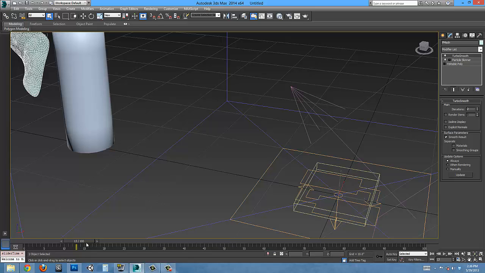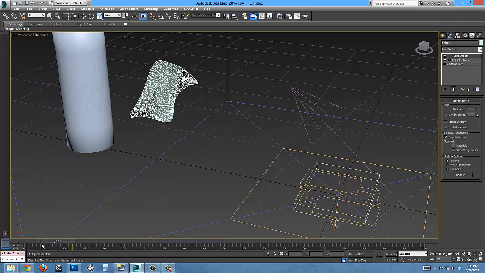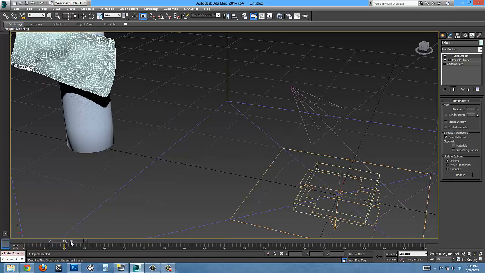It generates like 100 pieces of paper, each piece of paper with its individual rig,